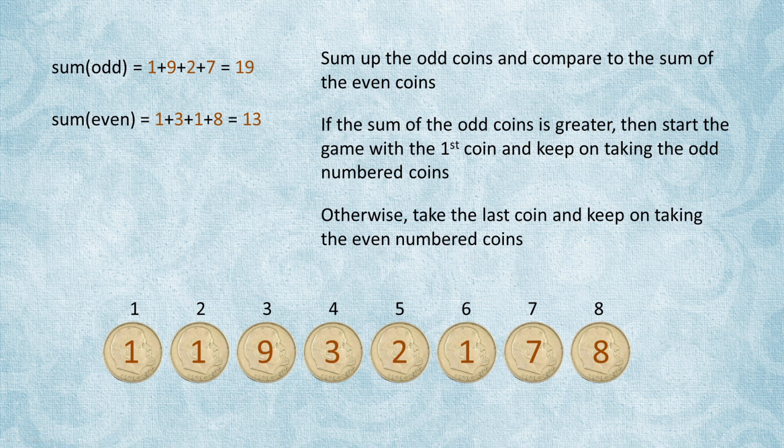This is possible to do because Alice has a choice at the start of the game to either pick the first coin, which is odd, or the last coin, which is even. Once she picks up the coin of her choice, Bob is always faced with opposite parity coins at both ends. So no matter which end Bob takes a coin from, Alice can pick up a coin from the same end and will be guaranteed not to lose the game. Of course, this works only if the number of coins is even. Moreover, this isn't an optimal solution in the sense that Alice does not necessarily collect the most amount of money.